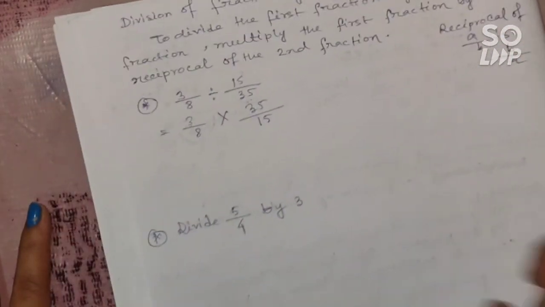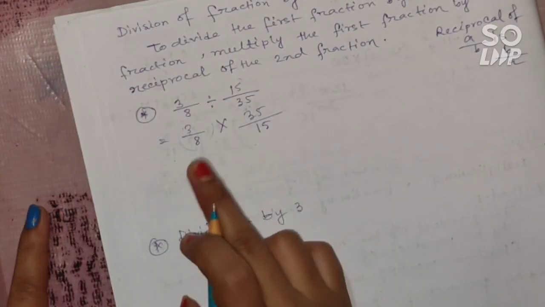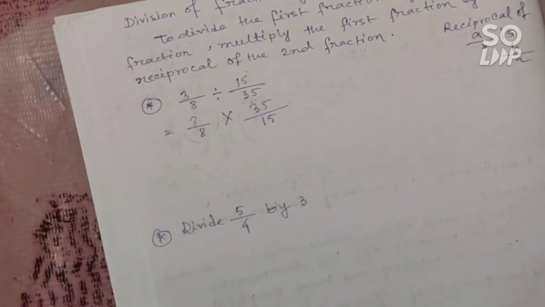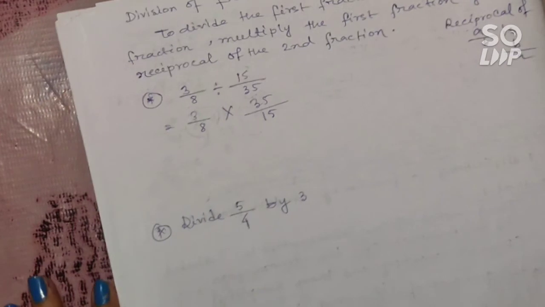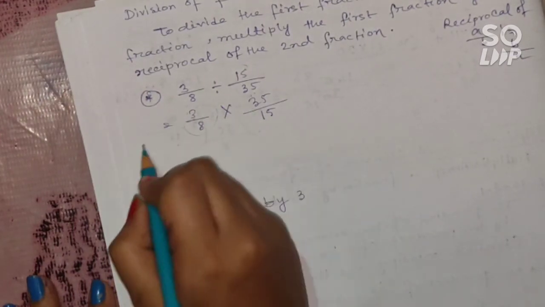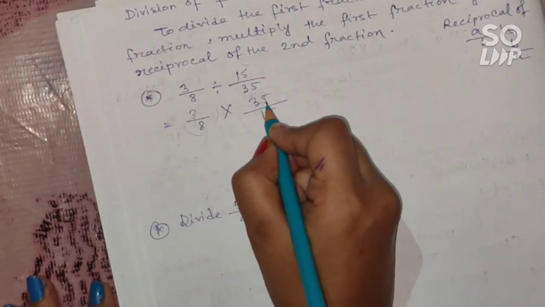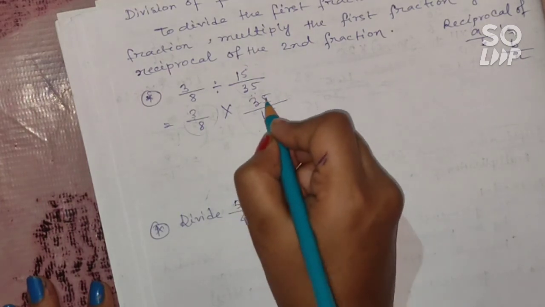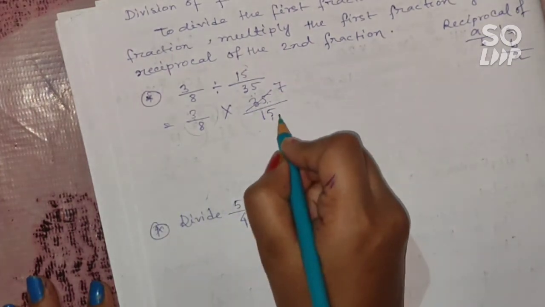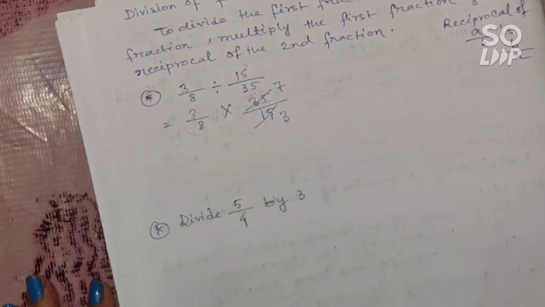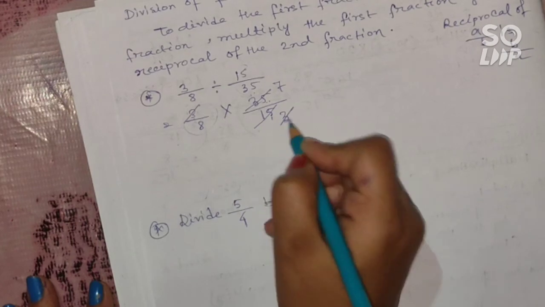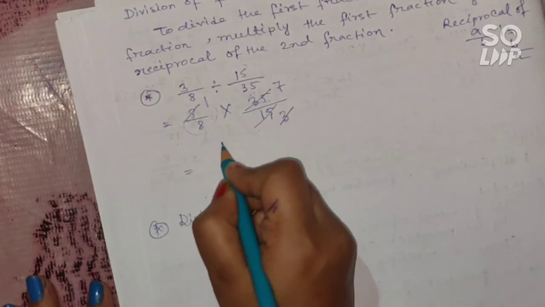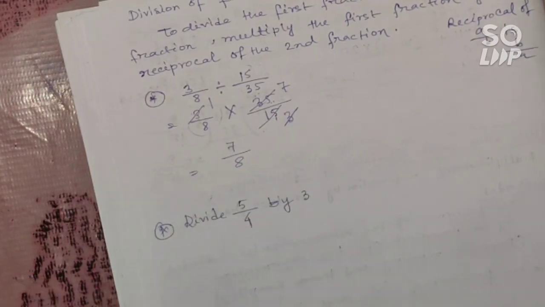Okay. Now we will multiply this. So you have understood just before how to find the multiplication. First we will simplify and then we will find the product. 35 is divisible by 5 and 15 is also divisible by 5. 5 7s are 35, 5 3s are 15. Okay, now we can cancel this 3 and 3, 3 1s are 3, so 7 1s are 7, 8, 7 upon 8. This will be the answer.